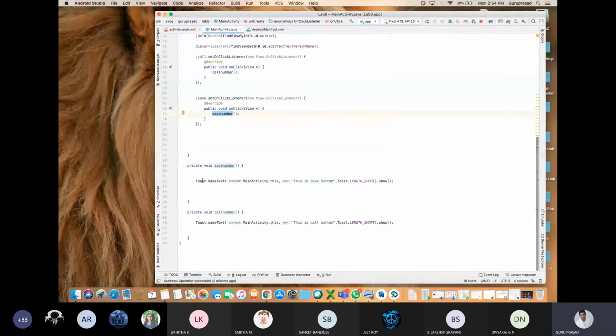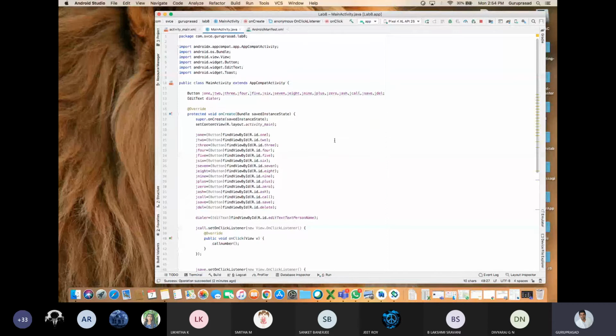Any doubts till now? How to make a button clickable? Any doubts? Upon clicking, can you just imagine how your WhatsApp application, upon clicking your status button, is redirected to the status page?